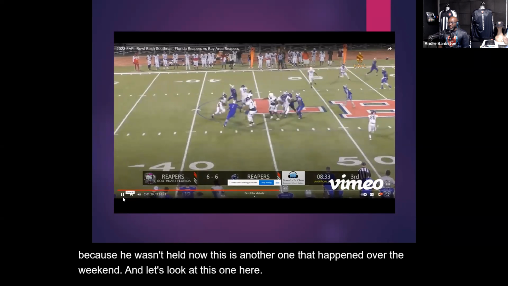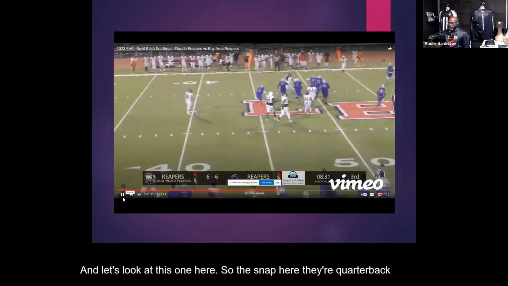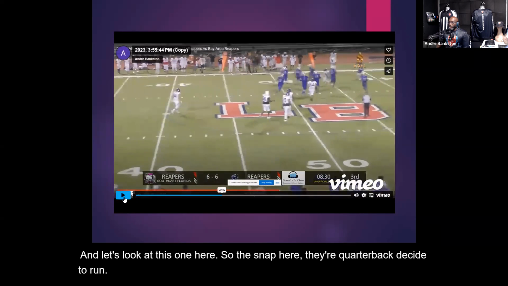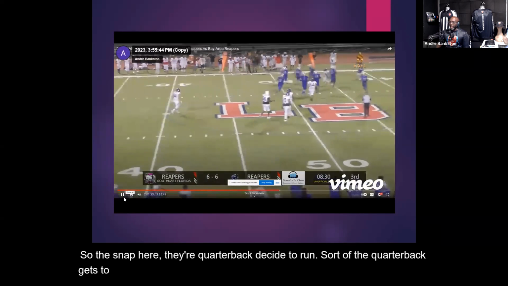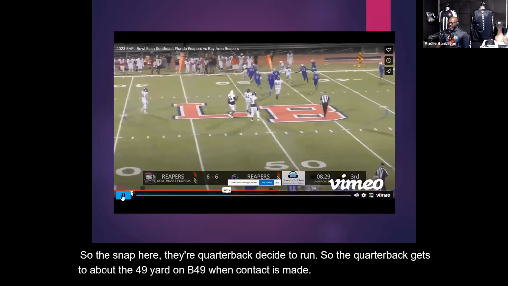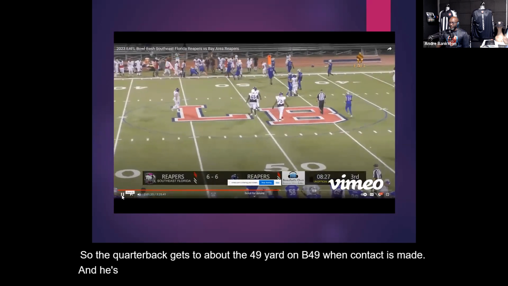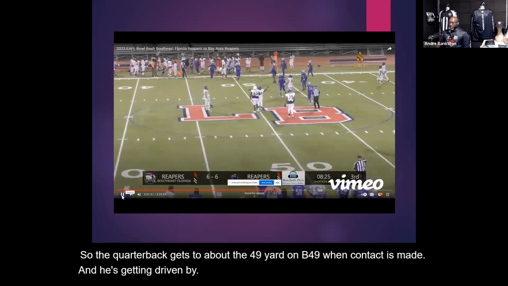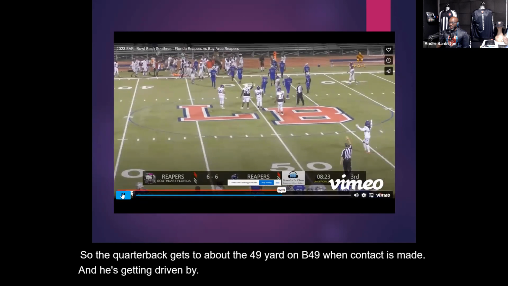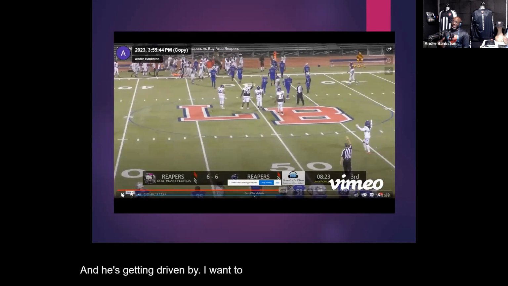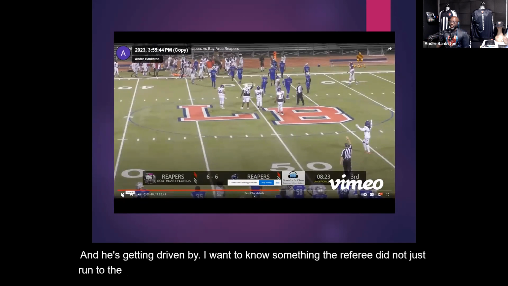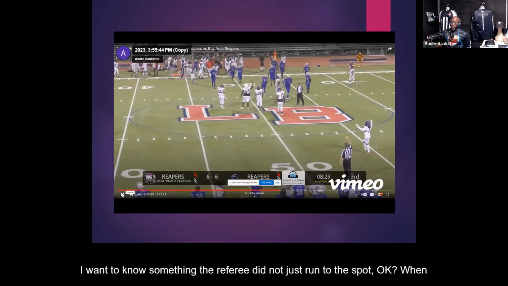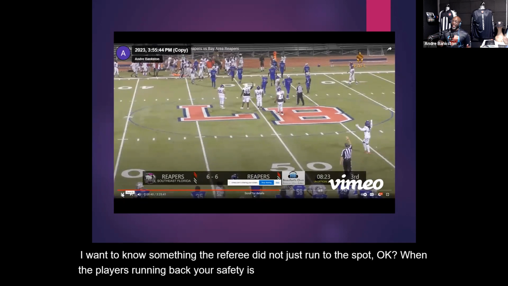So at the snap here, the quarterback decided to run. The quarterback gets to about B's 49 when contact is made, and he's getting driven back. Now I want you to know something. The referee did not just run to the spot. When a player's running back, your safety is also important. So don't